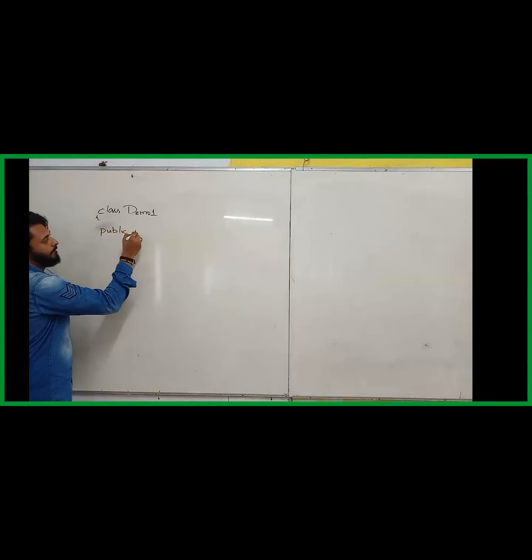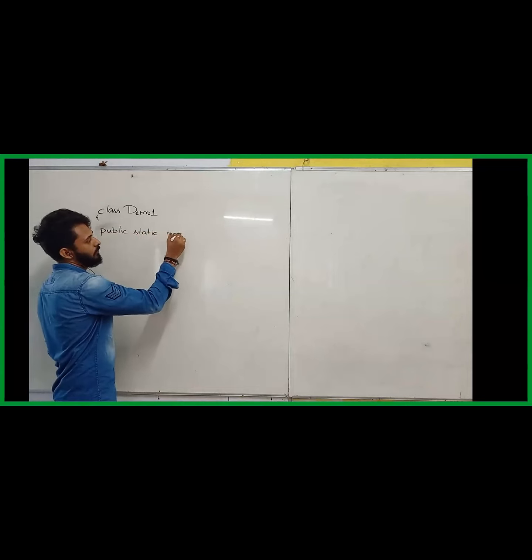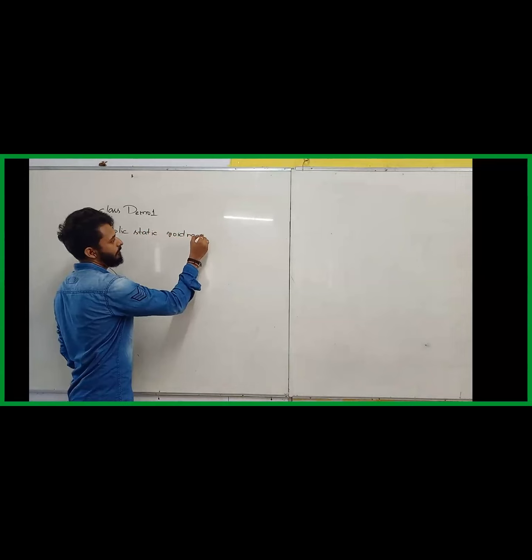But apart from variables, if I want to write any other statements, like I want to print something directly inside the class, can I do it? Should I do it? Is that the way? Whenever you want to do any task, you should write it inside a method. So which method will I consider as of now? Only for the first time I'll write it completely. Public static void main of